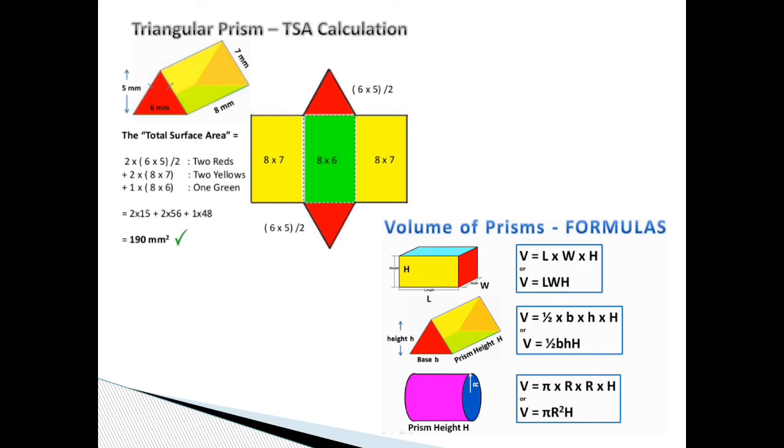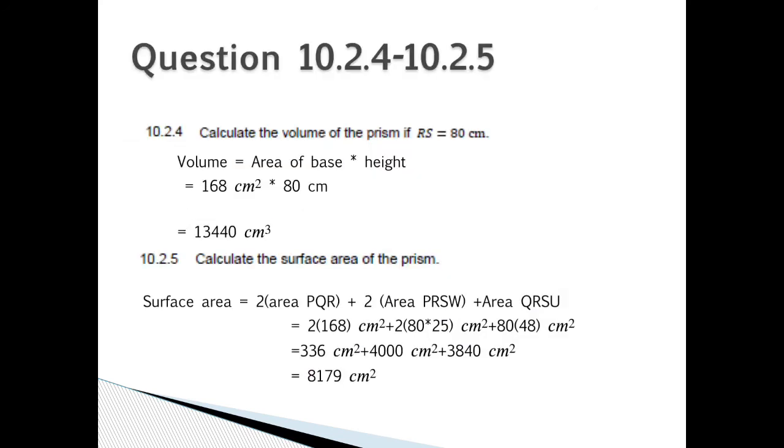If you are looking for the volume of prisms, these are the formulas that you will use. Volume is equal to length times width times height for a rectangular prism. For a triangular prism, volume is equal to half times base times height times length. And for a cylinder, volume is equal to pi r squared times height. So the volume of the prism, if RS is 80 centimeters, is going to be the area of the base times height: 168 centimeters squared times 80 centimeters,